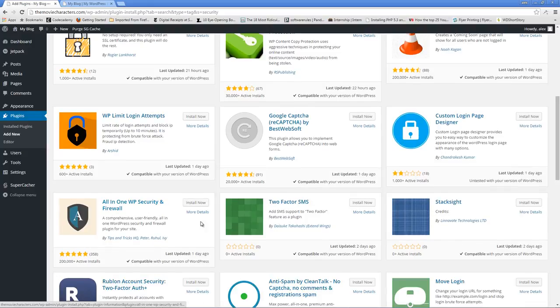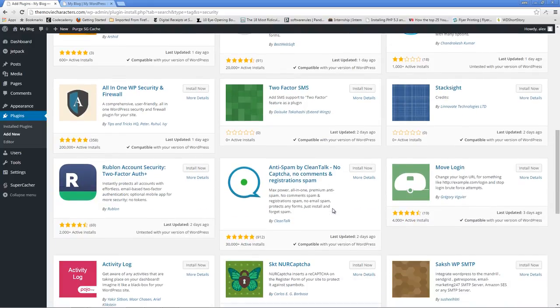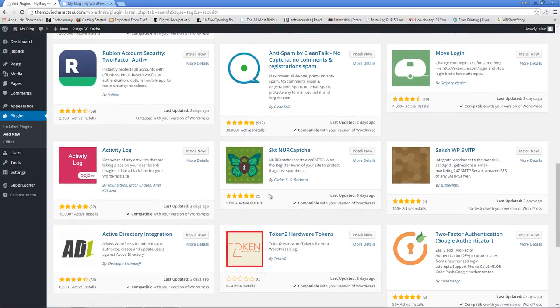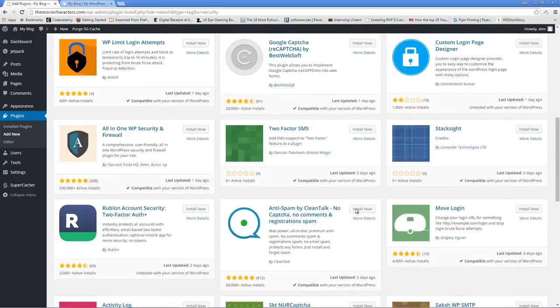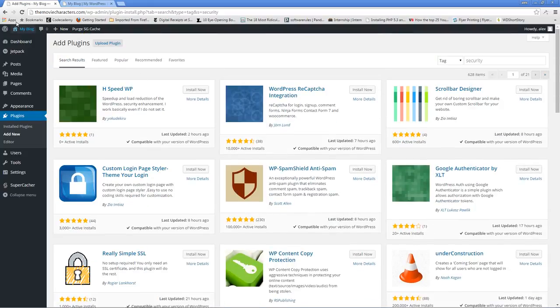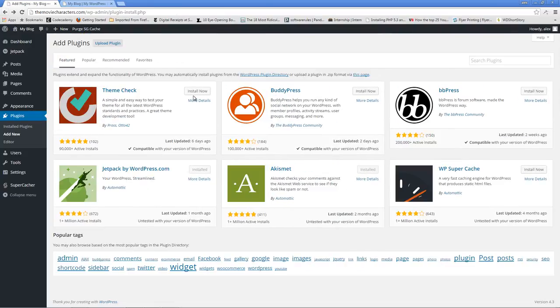Let's see, we have one for two-factor SMS. You have one that installs a firewall for your website as well, and so on and so forth. You have one that can monitor the activities on your dashboard. So these are all pretty good plugins that one can work with. Let's go back. Let's see another type. Let's see images. Let's click on images,